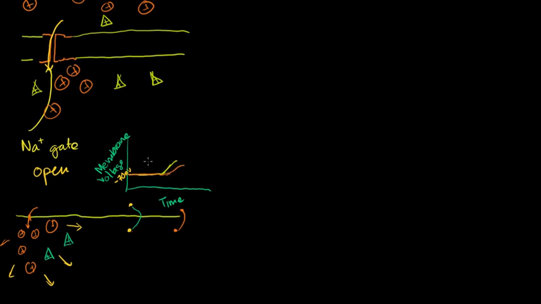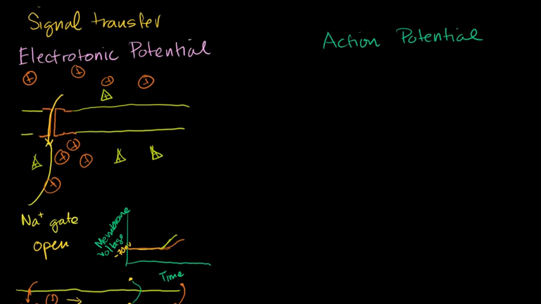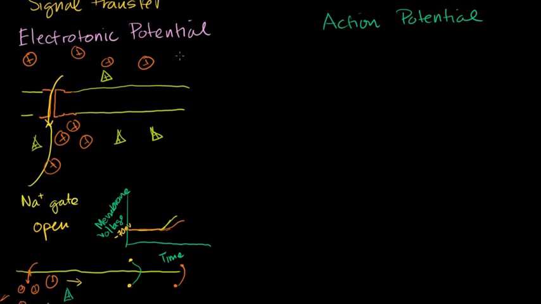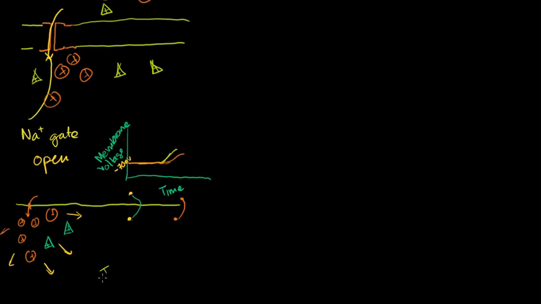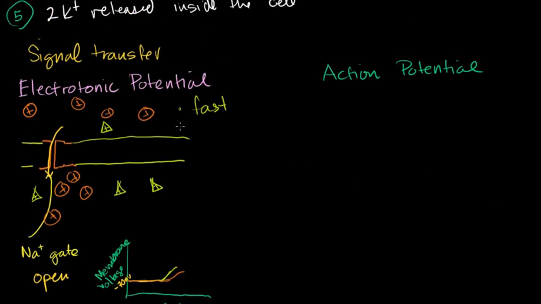So in an electrotonic potential, what happens is at one point in the cell, a gate opens, charge starts flooding in, and it starts affecting the potential at other parts of the cell. But the positive of it is it's very fast. So this is fast. As soon as this happens, further down inside the cell, this is the inside, it starts becoming more and more positive. But the further you go, the effect gets dissipated. So you could say the effect dissipates